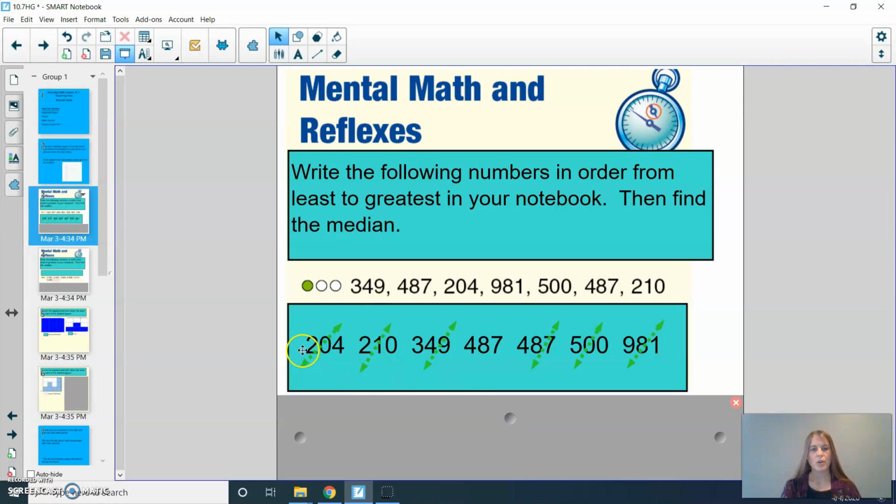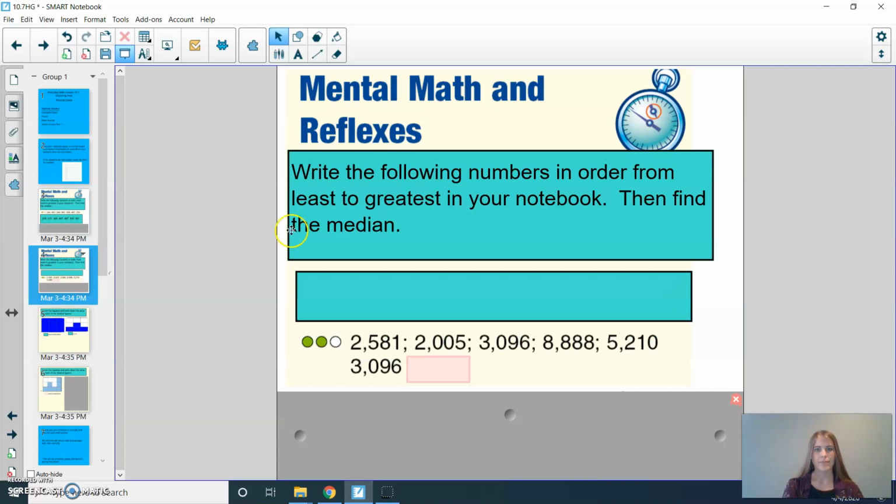When you put your numbers in order, you should have had 204, 210, 349, 487, 487 again, 500, 981. Then when you crossed off, you had your middle number or your median at 487. Let's try one more like this. For this next one, again, find your median using the numbers